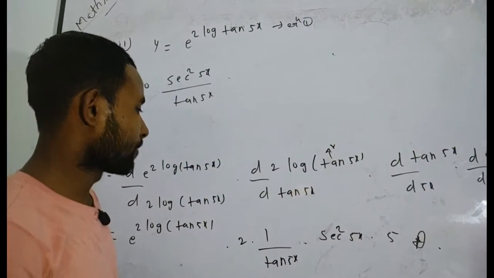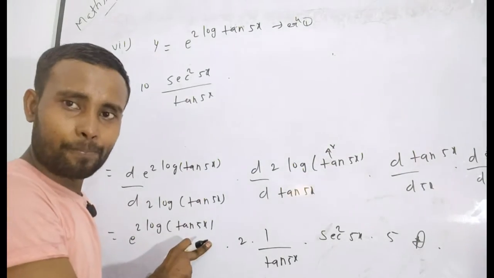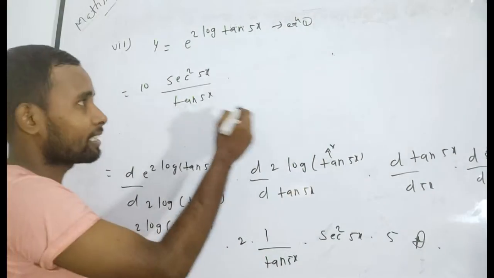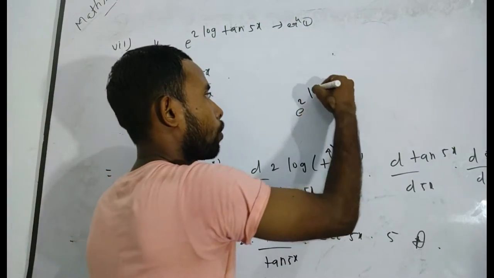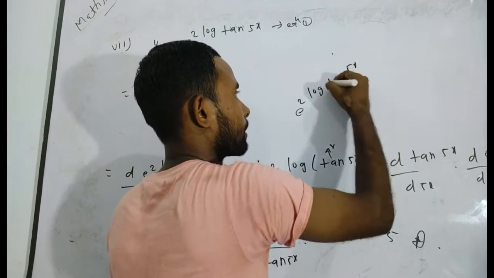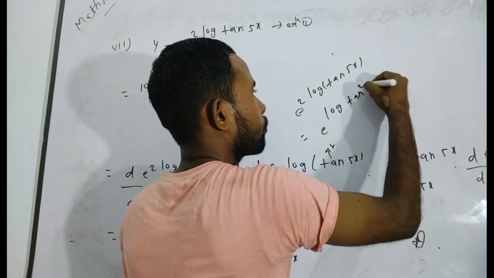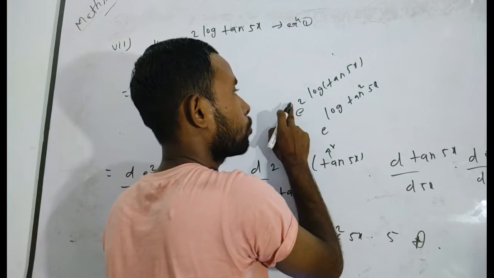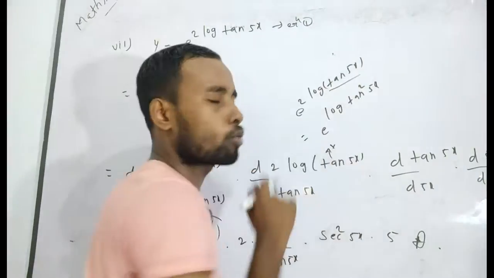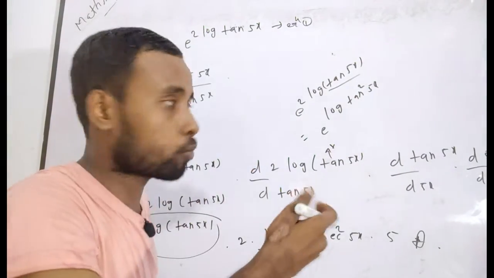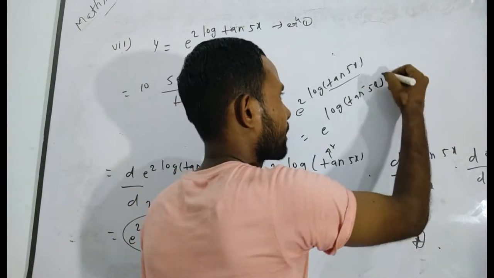I want to tell you again. See here, e to the power 2 log 10 5x can be written as, I want to simplify it separately first. Here, e to the power 2 log 10 5x. Can you write e to the power log 10 square 5x? Because when the 2 goes into the magnitude portion, it will be log of 10 5x whole square, that means 10 square 5x. You can write it as it is, if you wish.